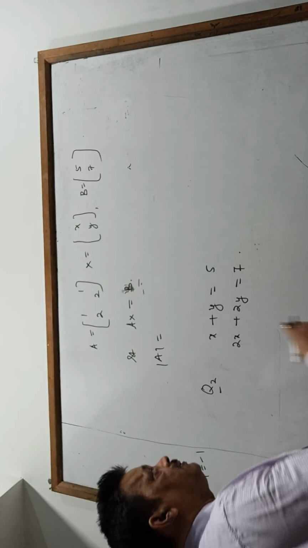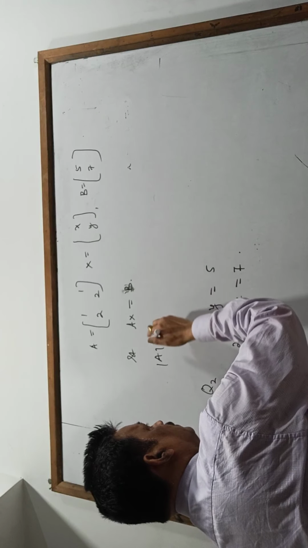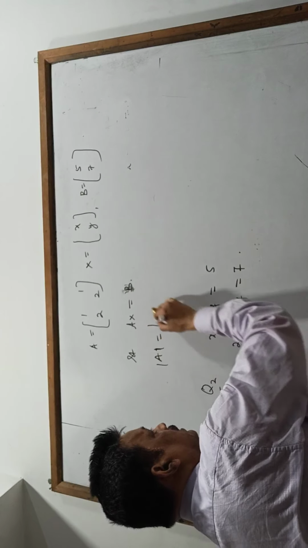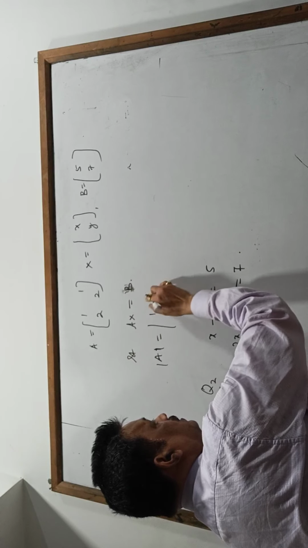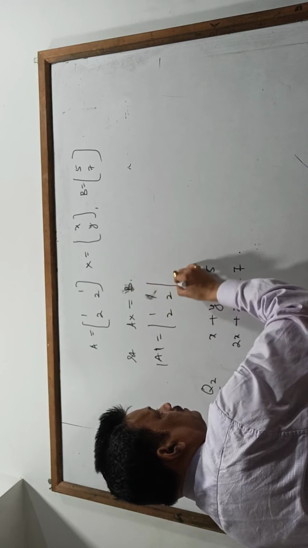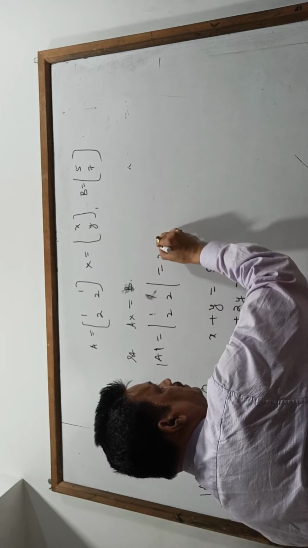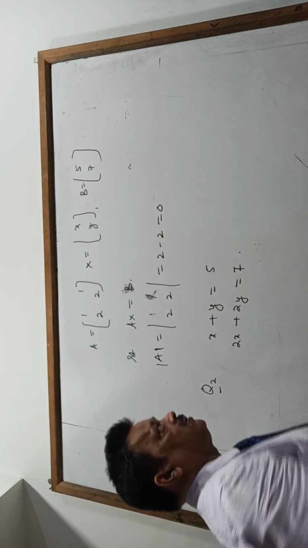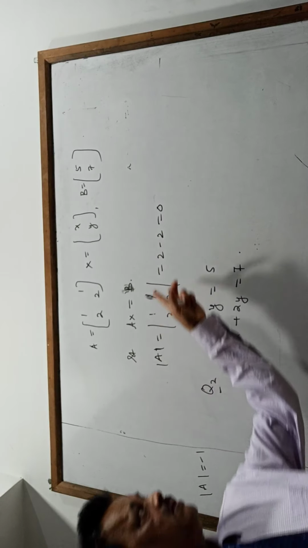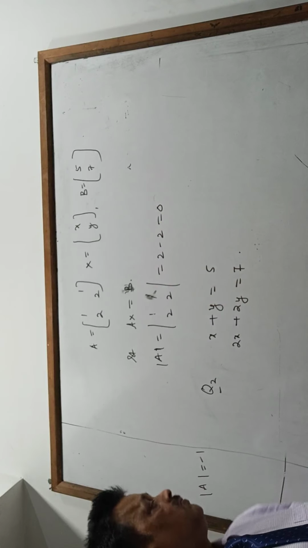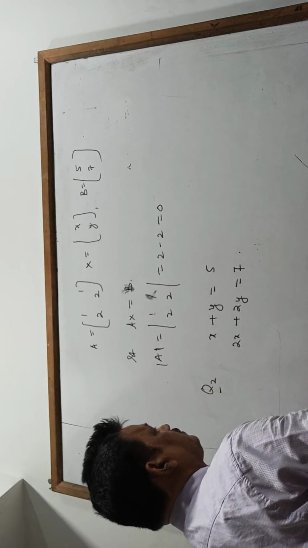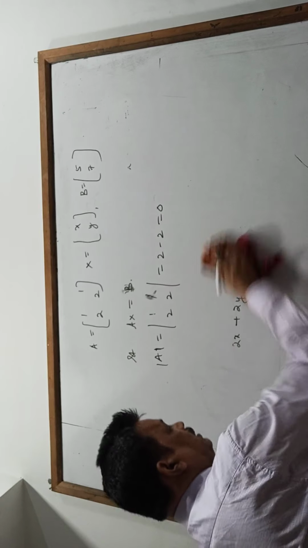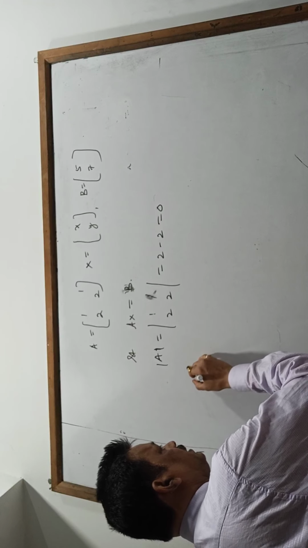Determinant of A will be |1 2; 1 2|. That is 2 minus 2. It becomes 0. So when the determinant becomes 0, what you have to do is find